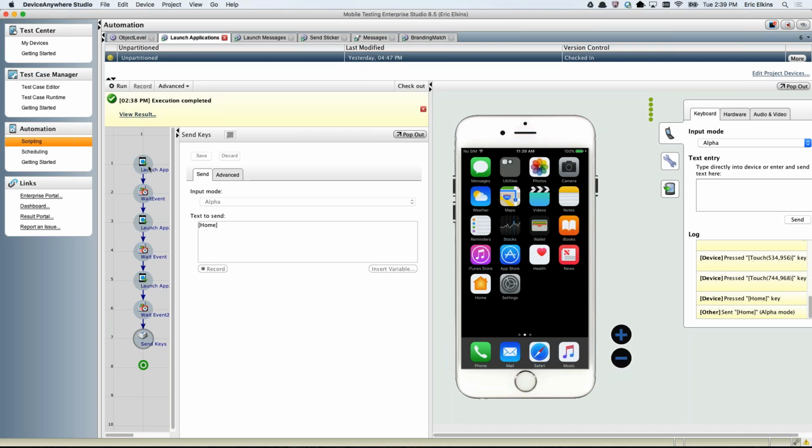If you want to verify that that message has come through to the Mail app, that was something that you previously really couldn't do with iOS, because you would have had to switch from your native application to the Mail application to check and verify that that email has come through. The only way that it was possible was by using text verification, and it created a lot of brittleness to the script. But being able to access system level applications, we can now automate that script entirely through our platform just at an